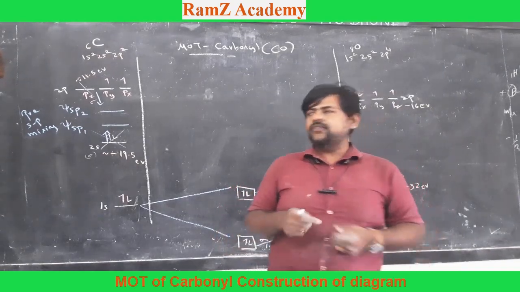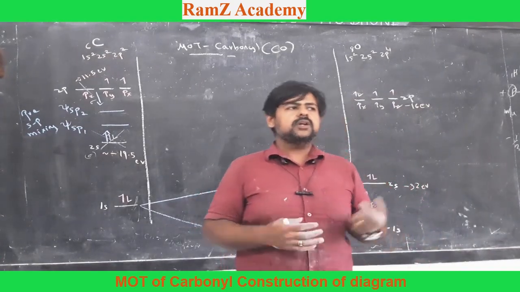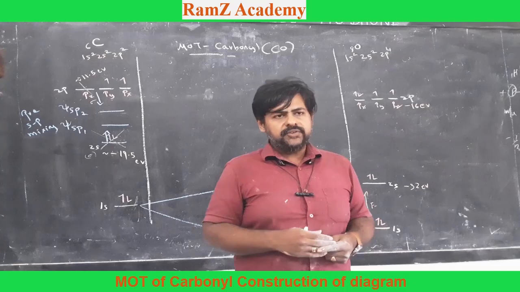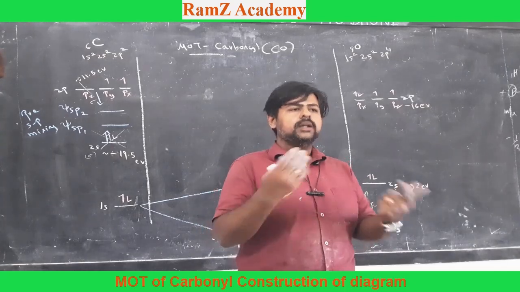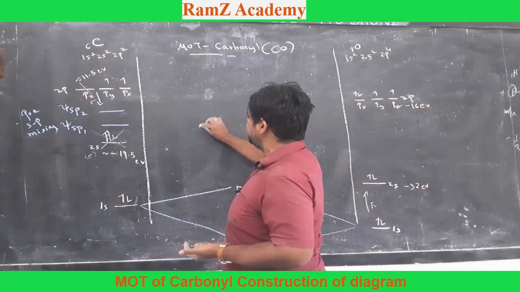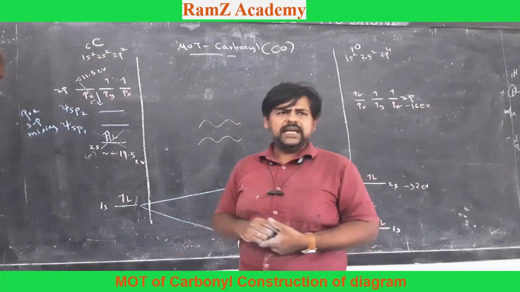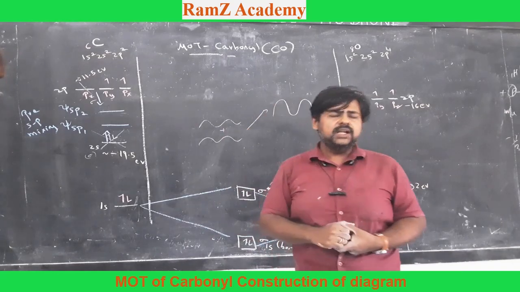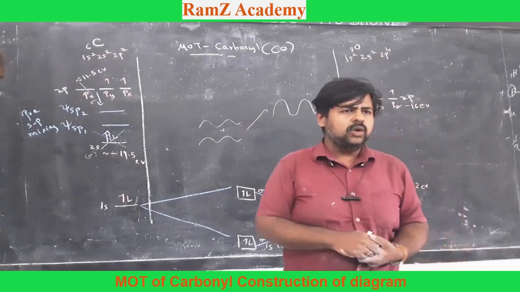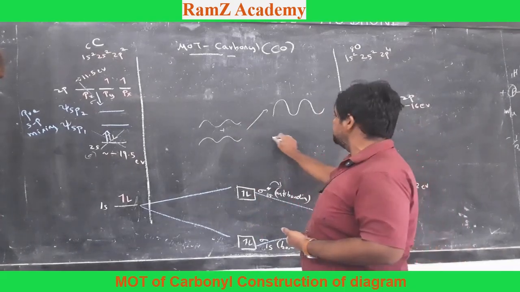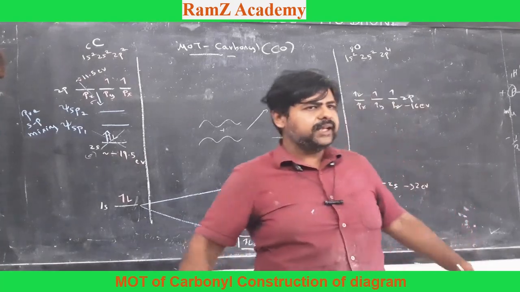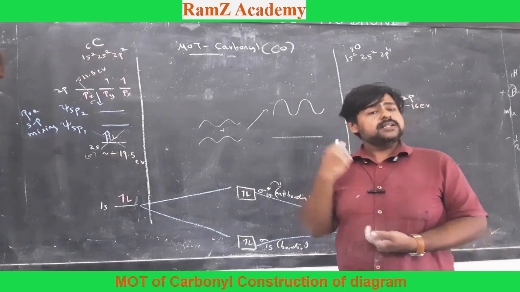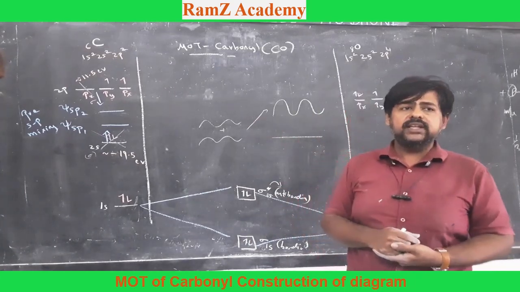We have already seen in physics that there is always interference or matching of two waves only when they have the same frequency, when they have the same energy. If the energy is different, the frequency is different. That means the two waves will not interfere with each other. Suppose you have two waves of the same energy, then they can either positively interfere to give you a single wave of amplitude more than these two, or they can destructively interfere. That means both waves will cancel each other and you will simply get a straight line. So you can have either a positive interference or a destructive interference, but this is possible only when the two waves you are addressing have the same energy.